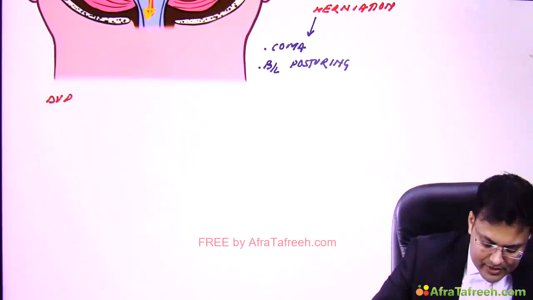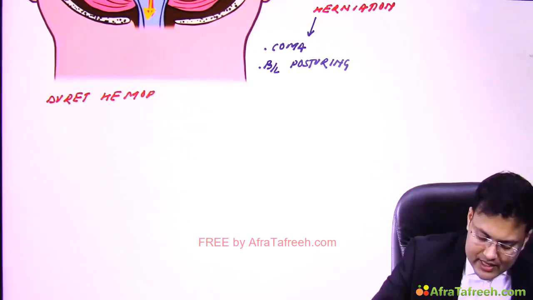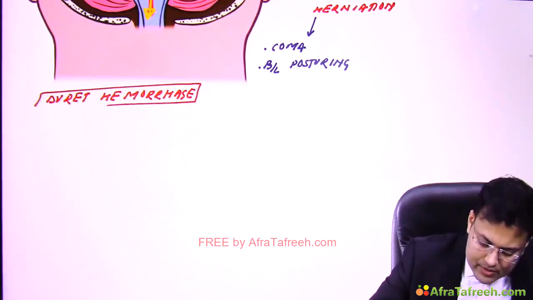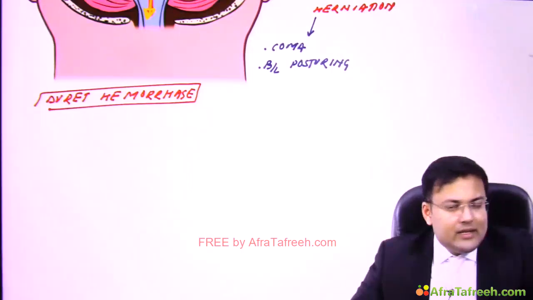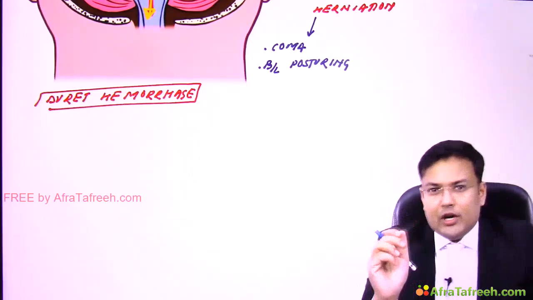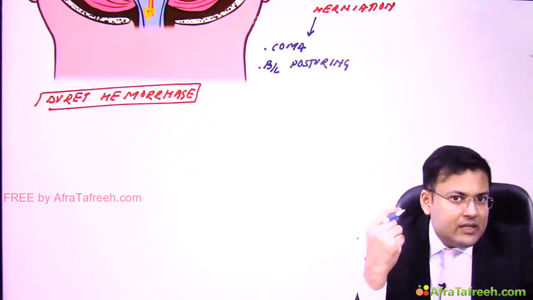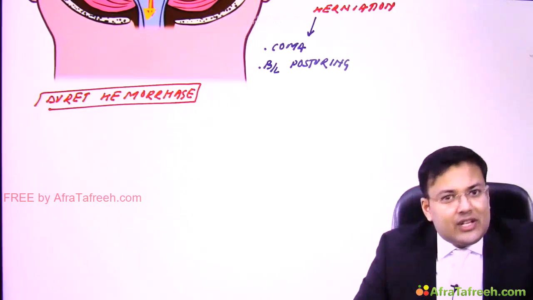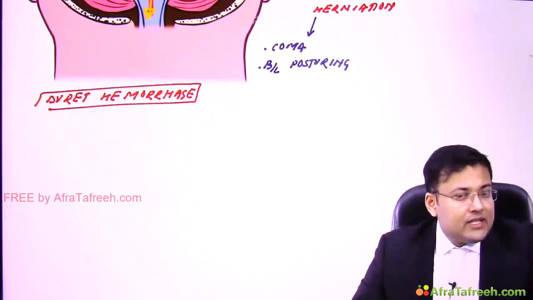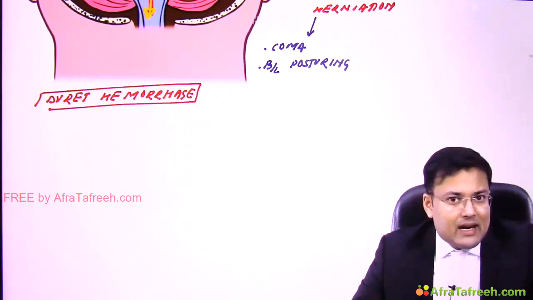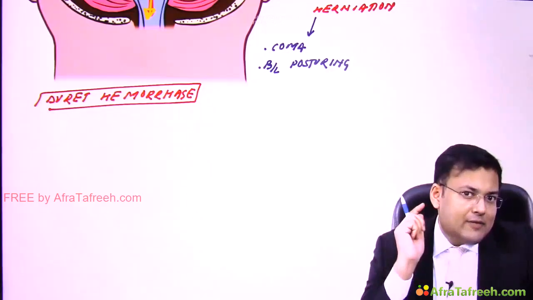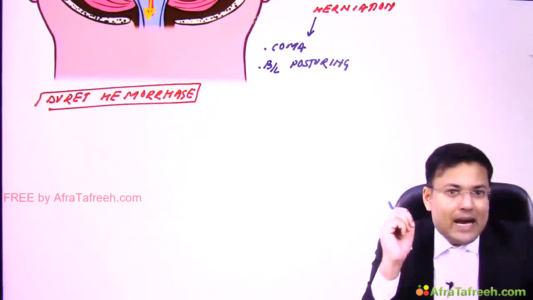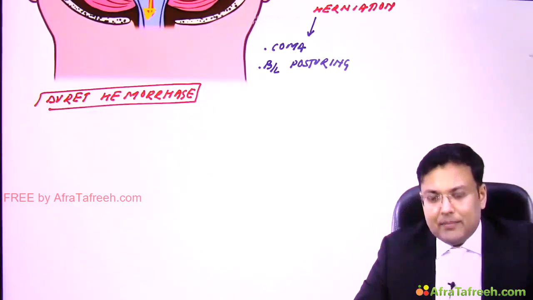There is another one-liner question which is frequently asked in AIIMS as well as in NEET PG, and that is Duret hemorrhage. Again, it is related to herniation and raised intracranial tension. What is the problem in Duret hemorrhage? There is increased intracranial tension. Because of this, there is downward displacement of brainstem, and because of that, there is stretching of perforators of basilar artery, causing bleeding. The site of bleeding is the ventral and paramedian areas of upper brainstem.